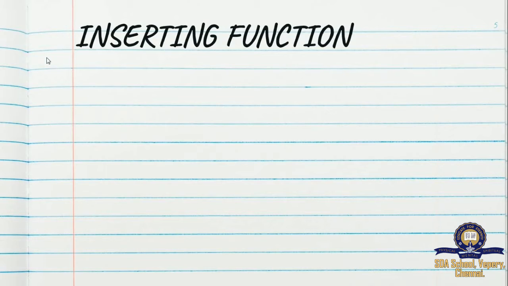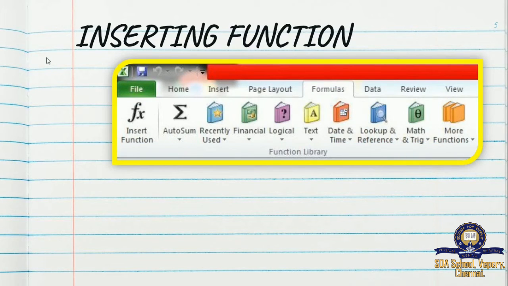Next, how to insert a function. So look at this carefully. First, you will go to the formulas tab. There you have the insert function option. Can you see that insert function option? Here, look at this. This is the insert function option. Once you click on the formulas, you will select the insert function and then you will give whatever the formulas you need for your process.